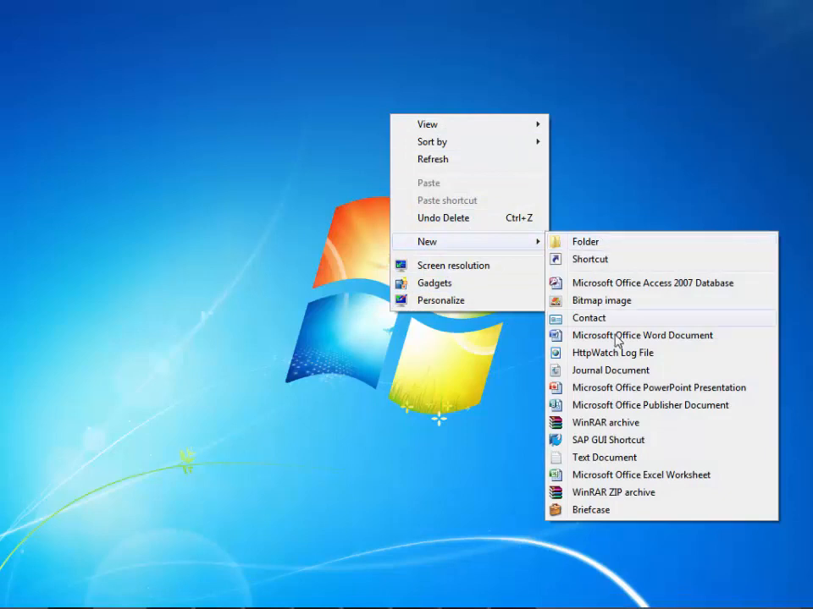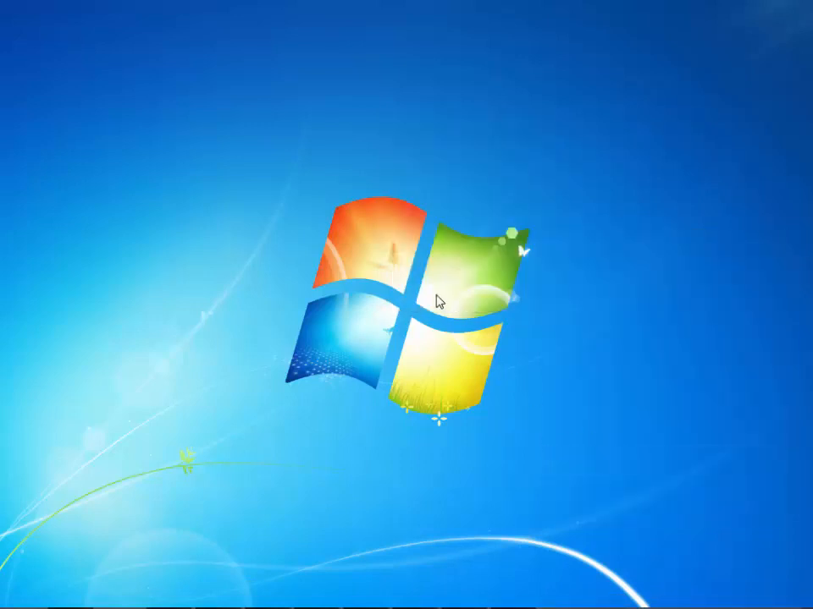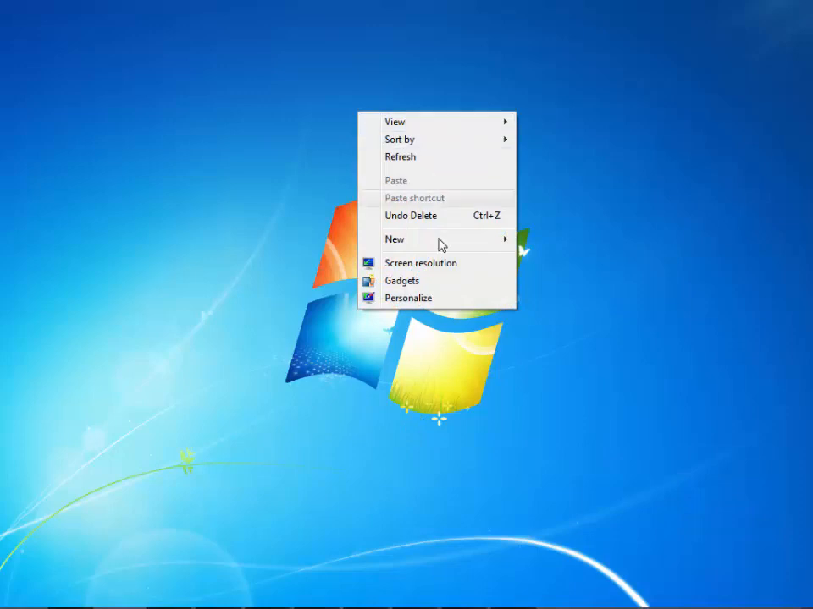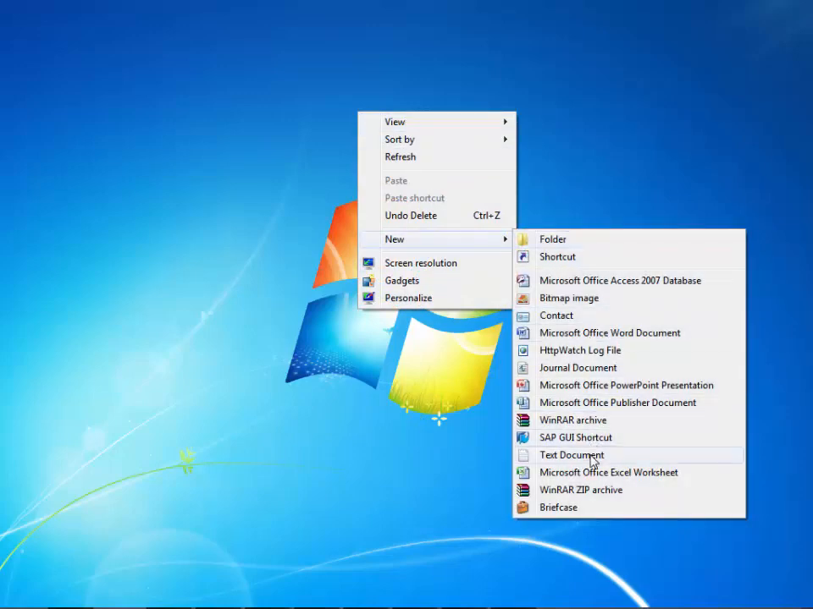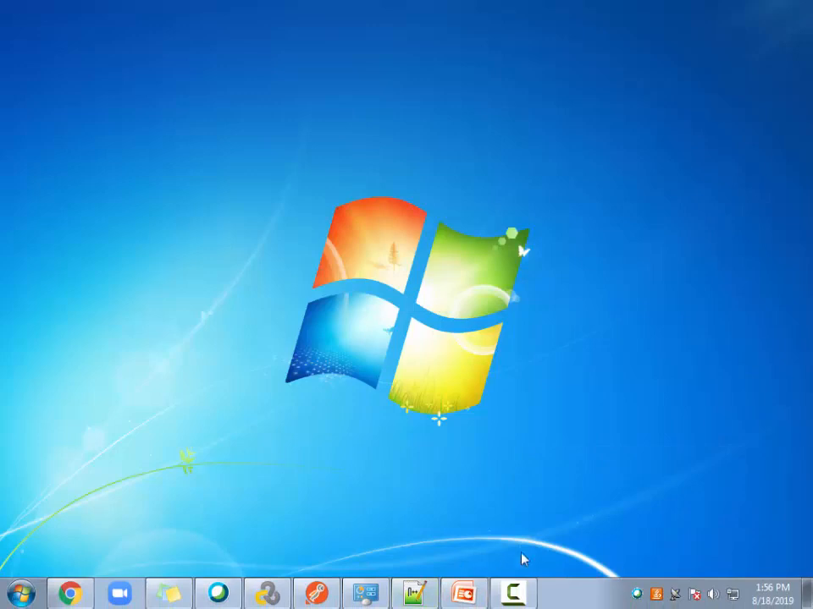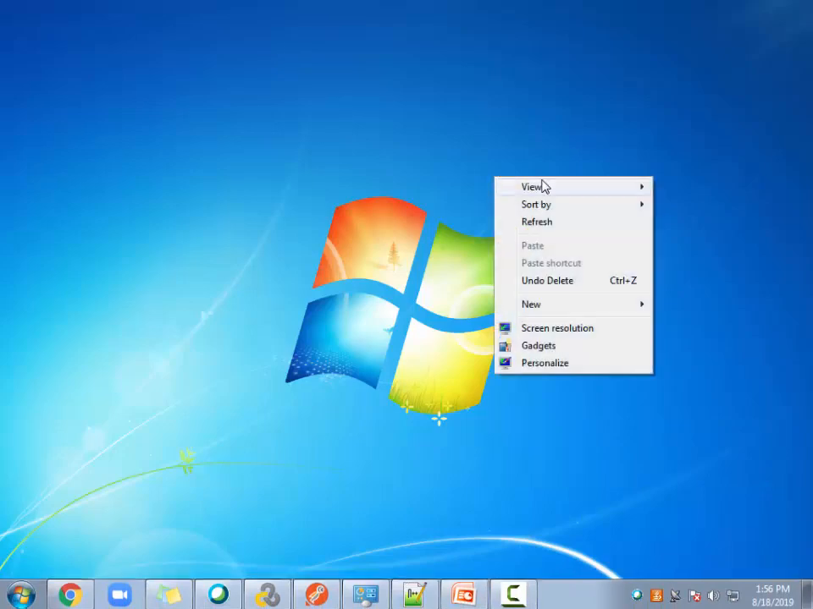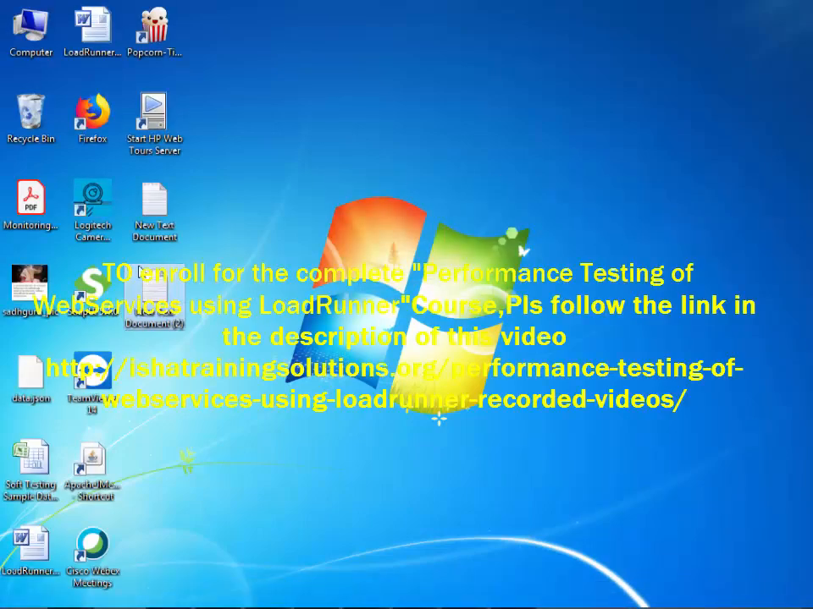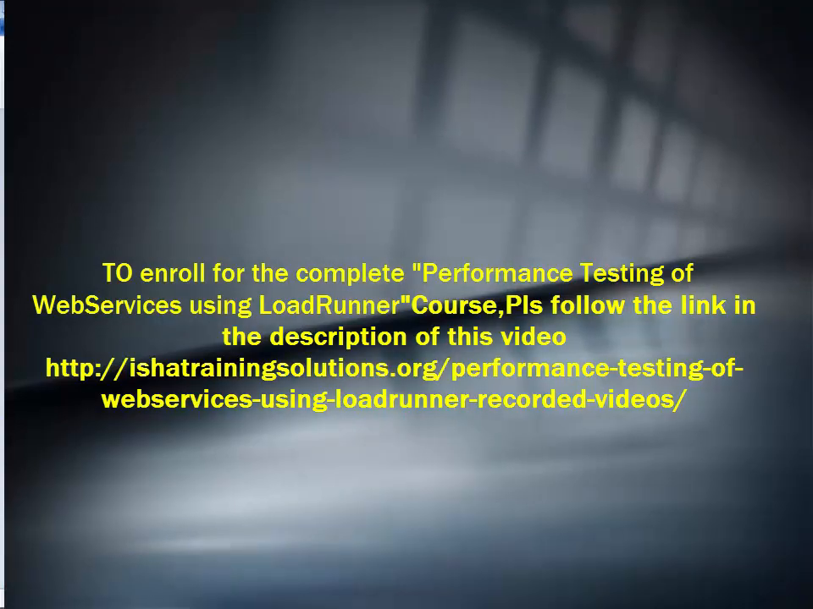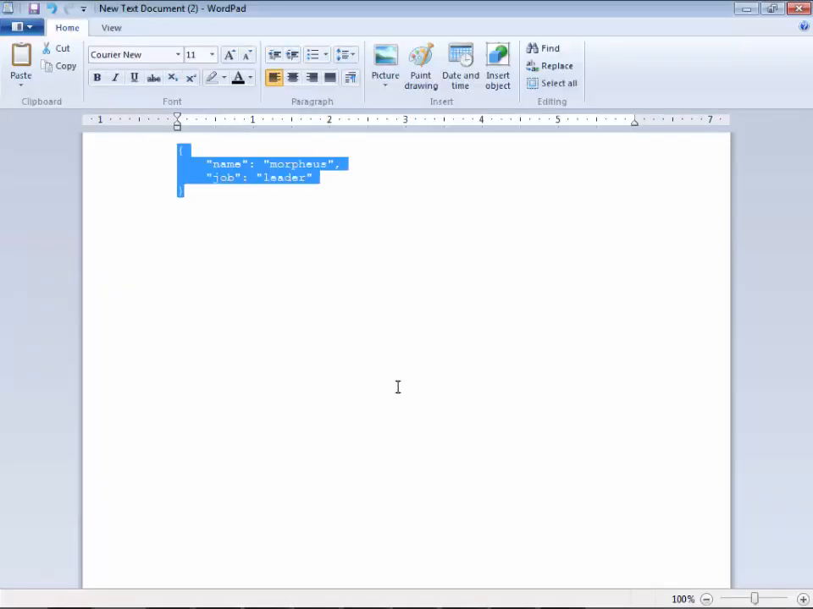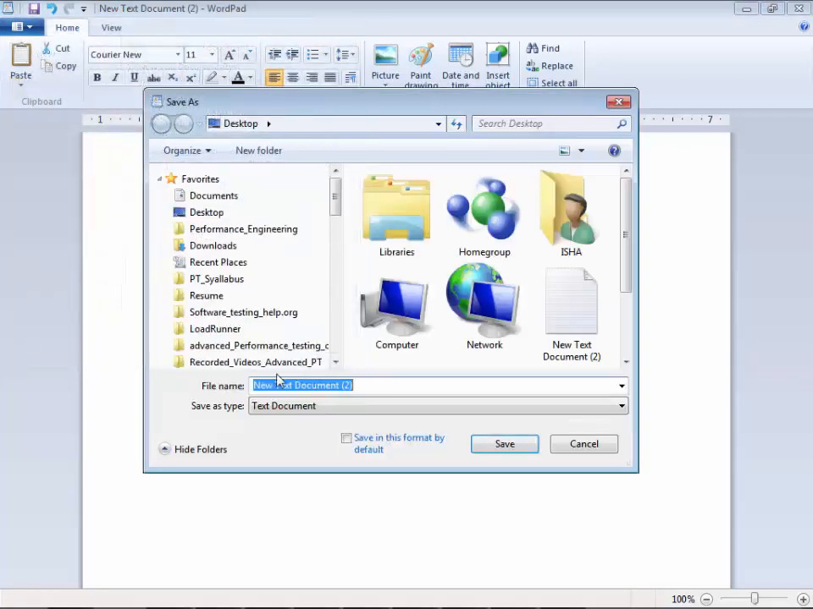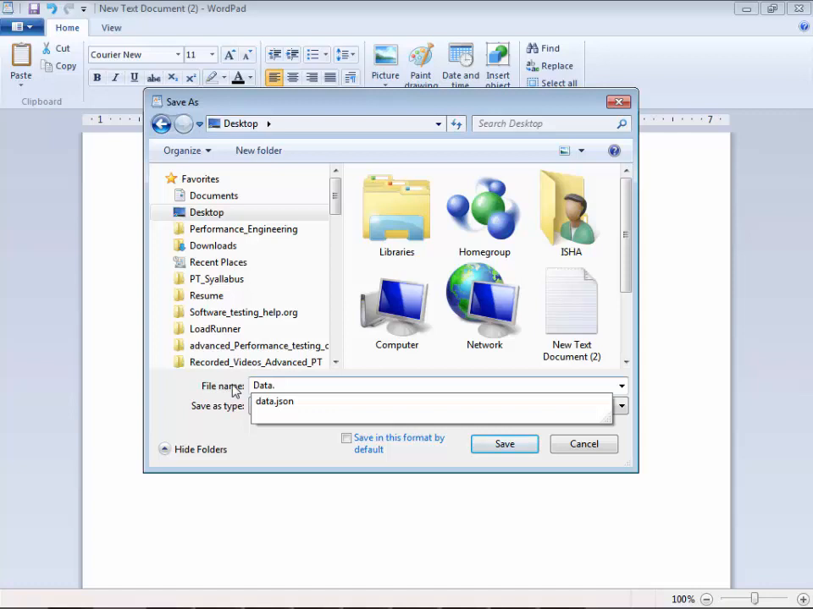New text file, or maybe a Notepad file, a text document. Why doesn't it open? Hang on guys. So view, show desktops. It's opening here. So copy that. This is the body, this is the payload that you're passing. So save as desktop. I'll give this as input data.json, or maybe data dot, this should be a JSON